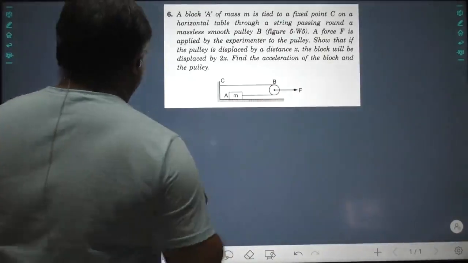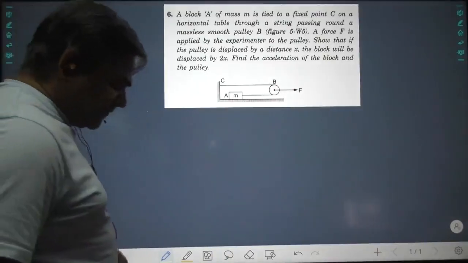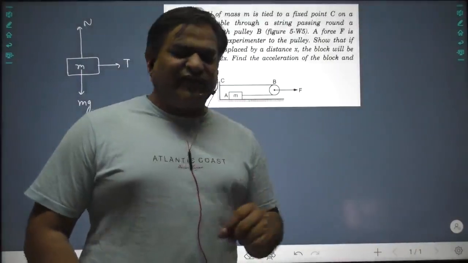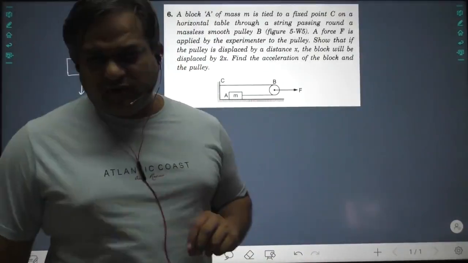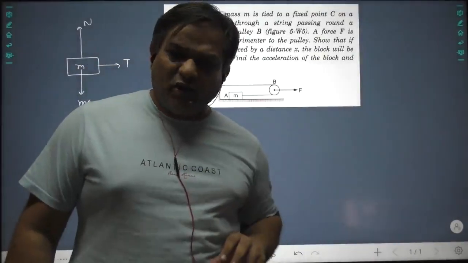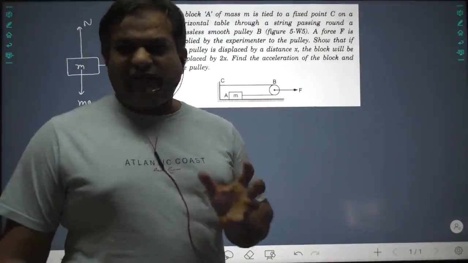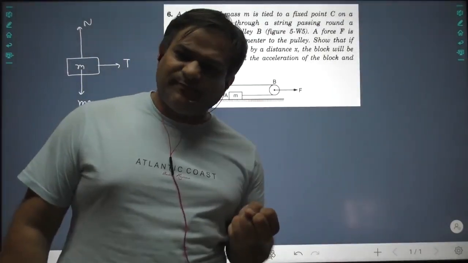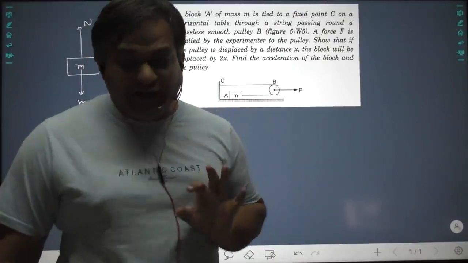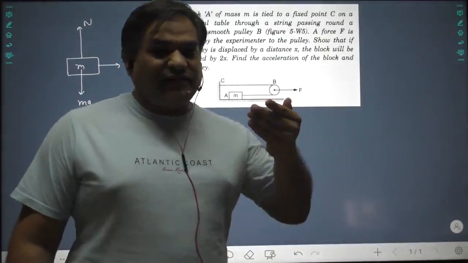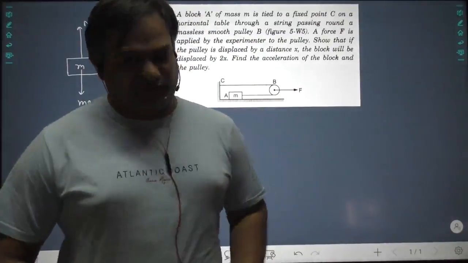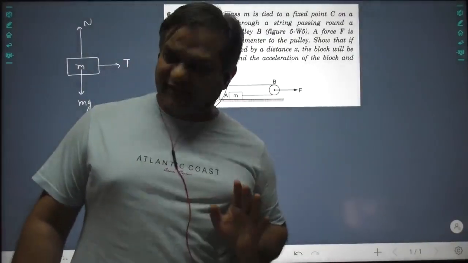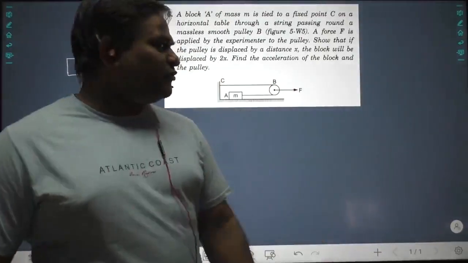Now take this pulley. This pulley is massless. Many times, please understand everything. While drawing a free body diagram, you have to only take care of two kinds of forces. One, the force due to gravity, mg, that is the non-contact force. And the second thing, that every contact will have a force. These are the two forces. This is point number one, you can say.